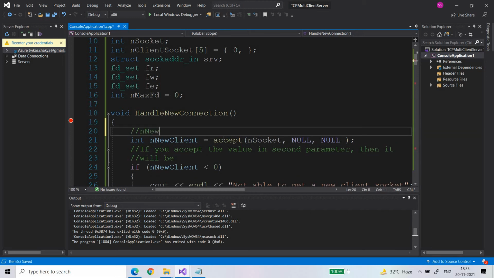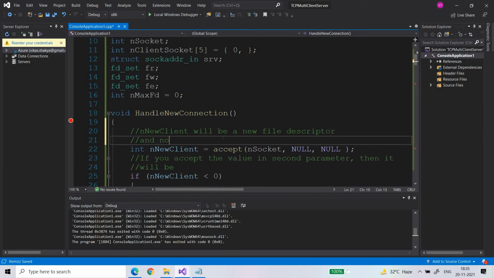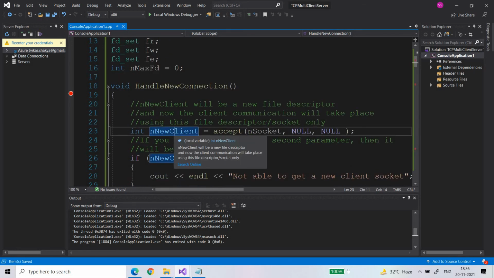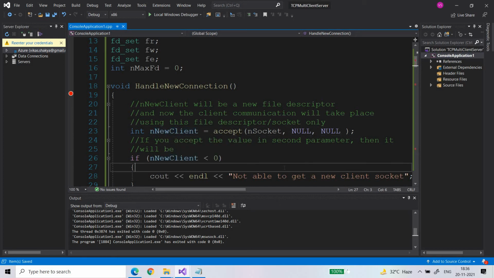And the new client will be a new file descriptor, and now the client communication will take place using this connection only, this socket only, this file descriptor or socket. Okay, so this will be the new client socket descriptor, or you can say the file descriptor, using which the ongoing communication going forward